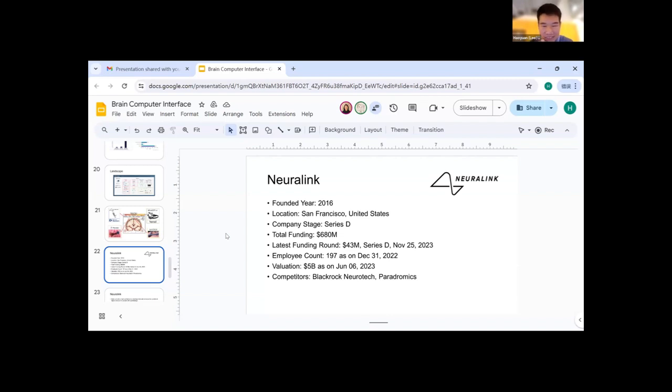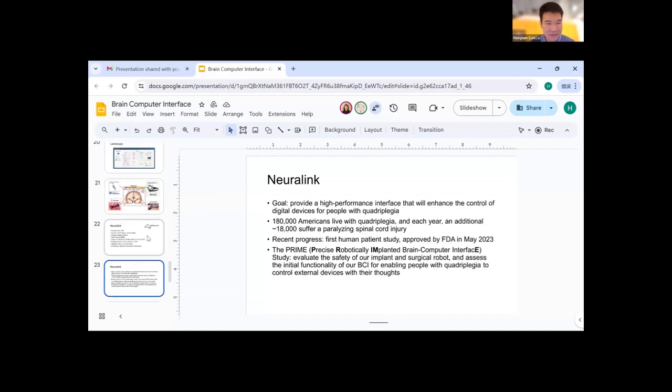Its competitors are BlackRock Neurotech and Paradromics， 他们两个都是做这种 intracortical 的，然后他们俩用的都是这个比较硬的那种 electrode， 但是 Neuralink 的话，它用的是这个更加 flexible 的，我们等会儿会讲。